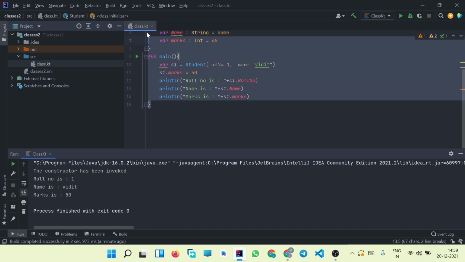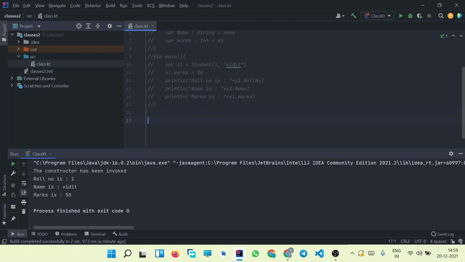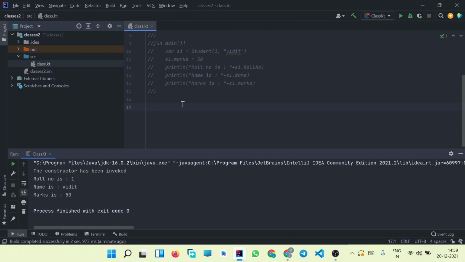So now let us talk about the secondary constructor. Instead of passing the attributes or values in the header itself, we can use a secondary constructor and pass the values explicitly inside the constructor within the class. That can be done using a secondary constructor. So let us declare a class called Employee. We have made a class called Employee.